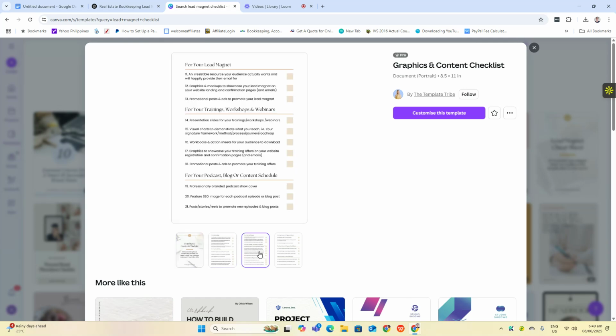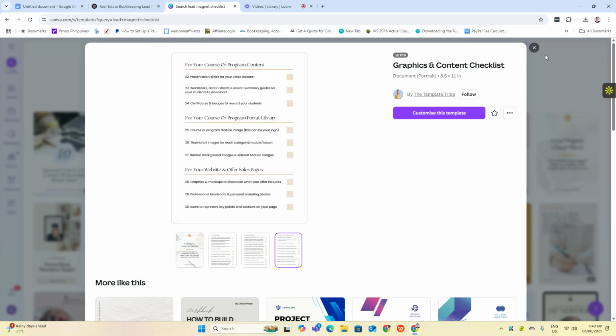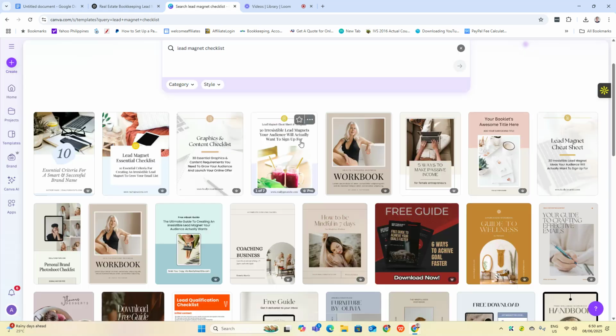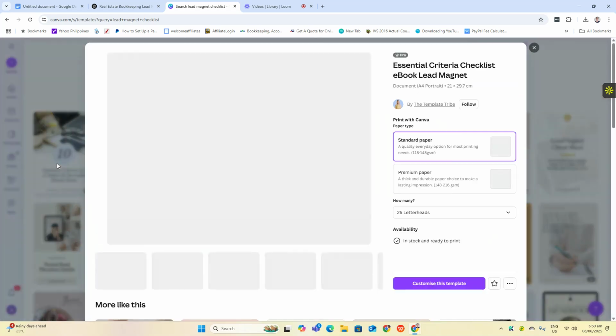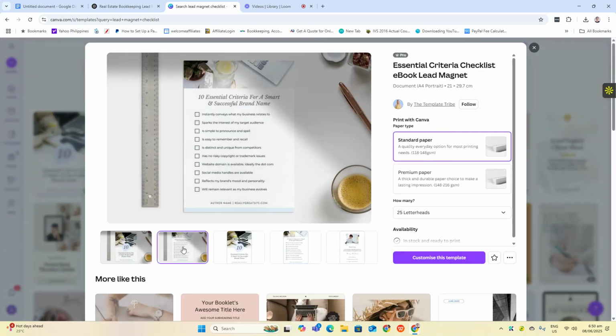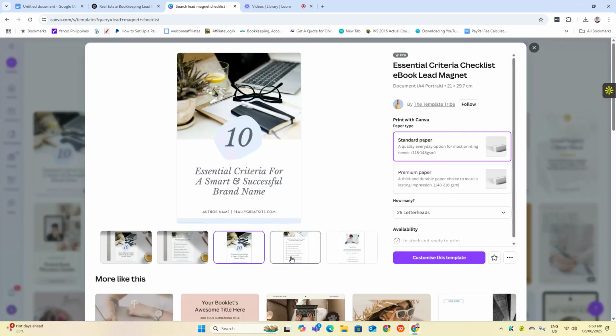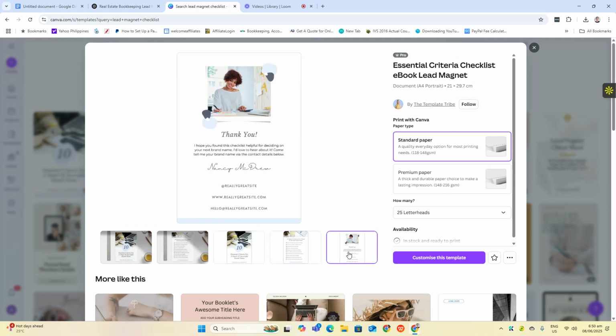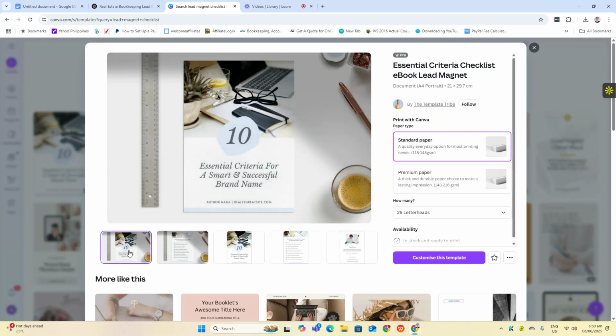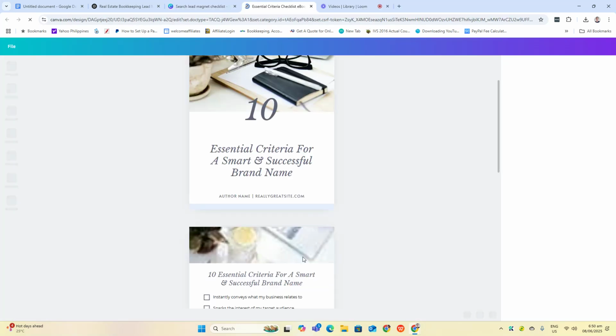I see. So here's a sample checklist. So, essential checklist. How about this one? Okay. So I like this one. It's clean. So we can customize this one.